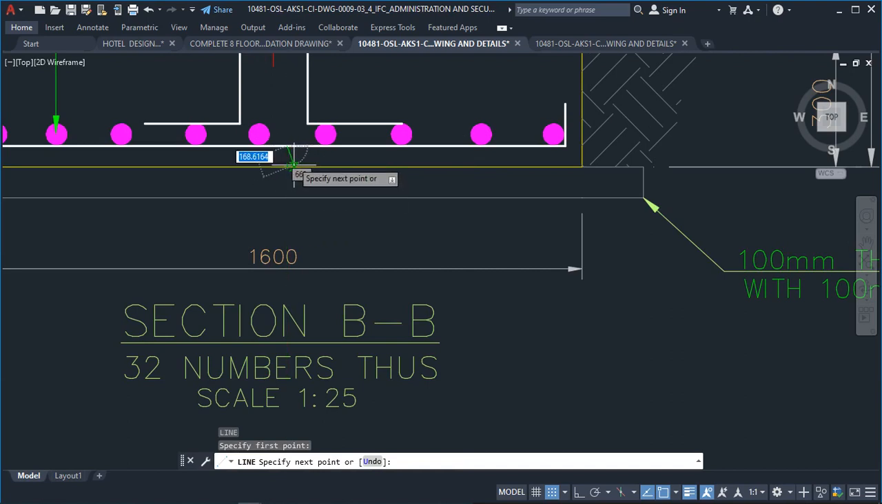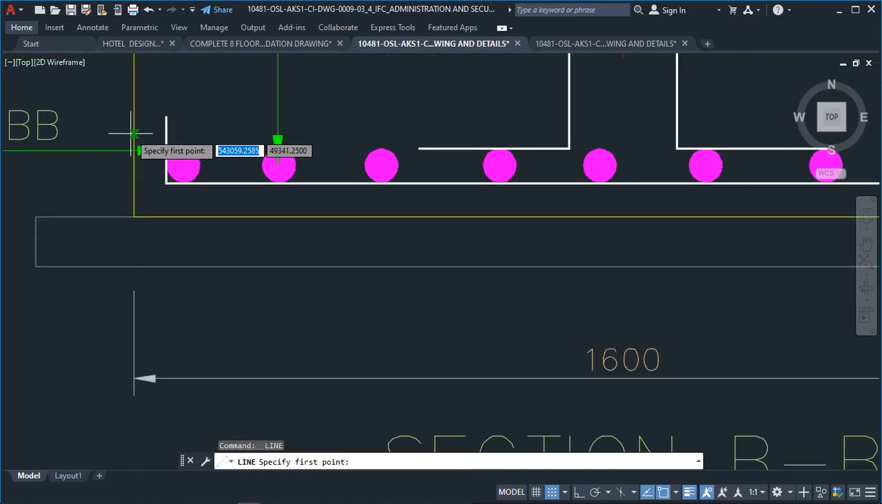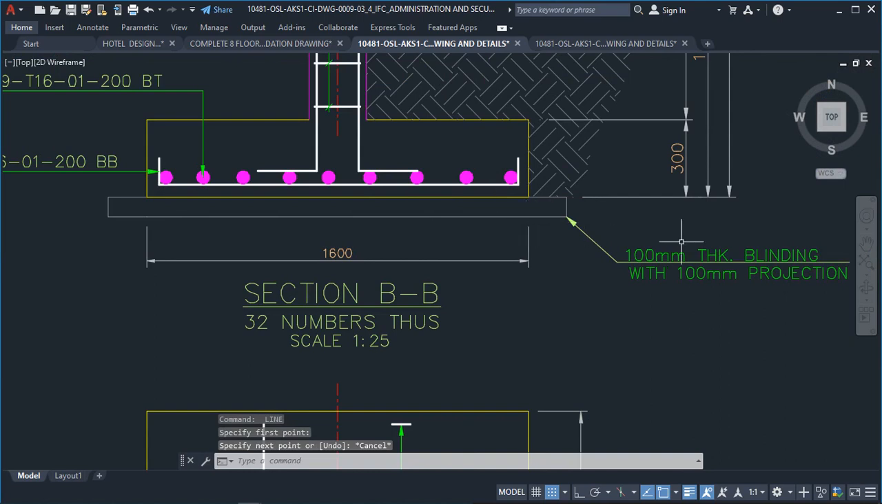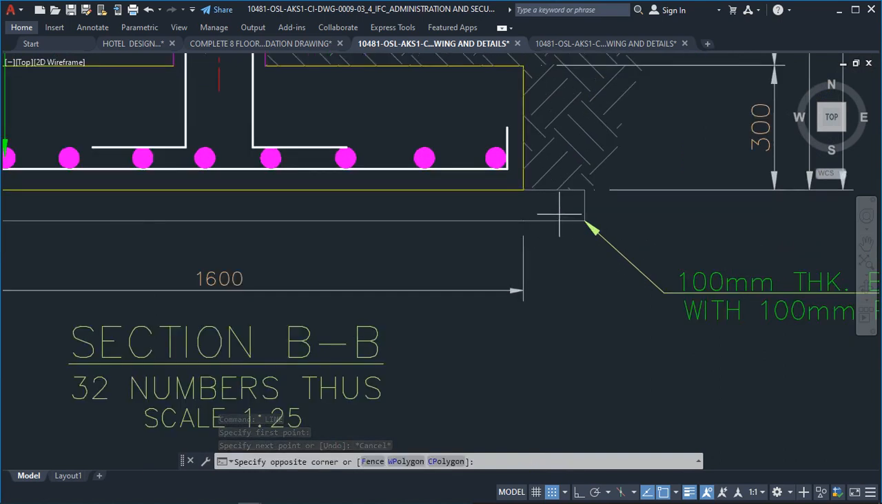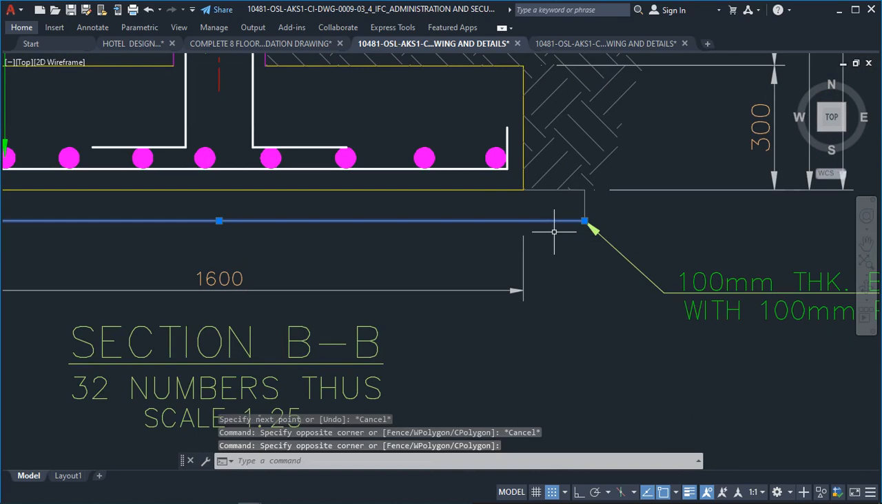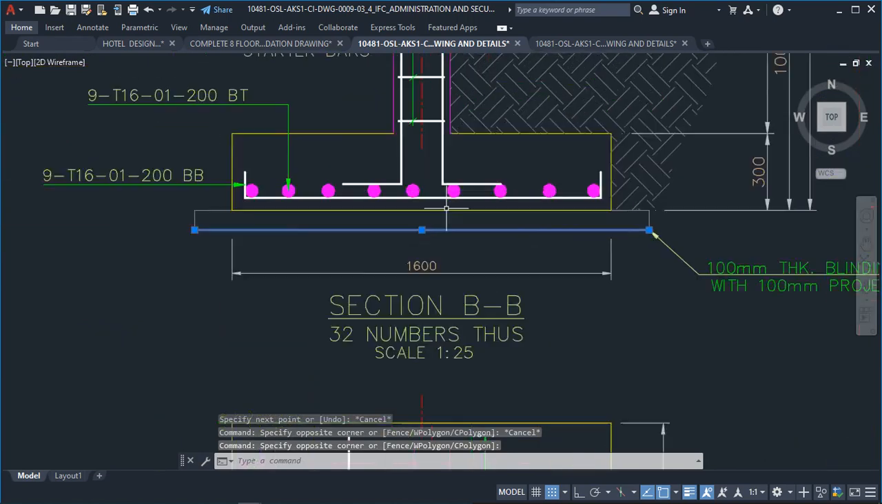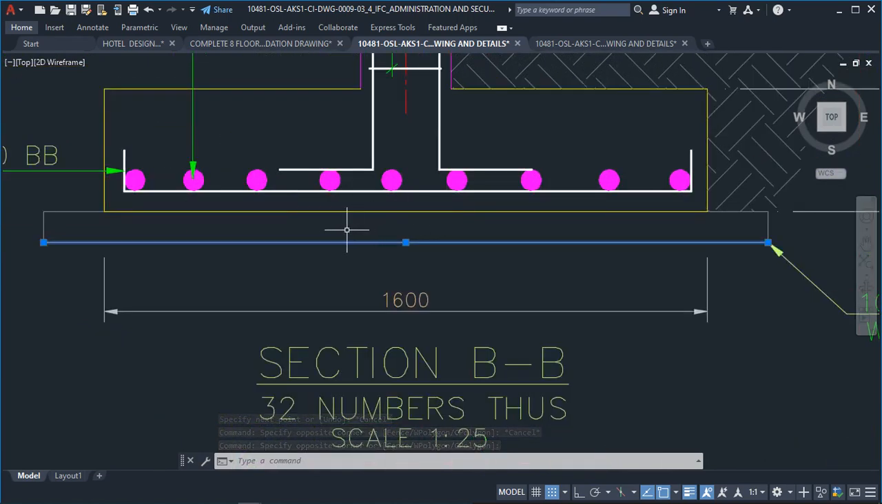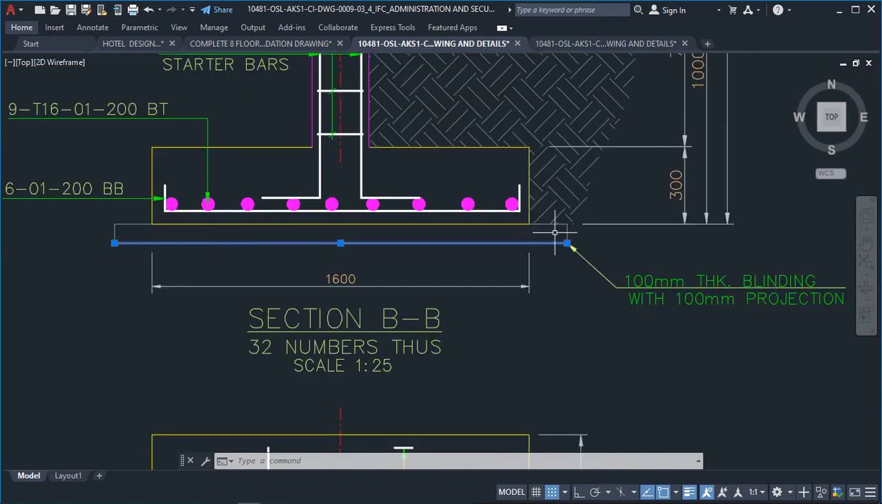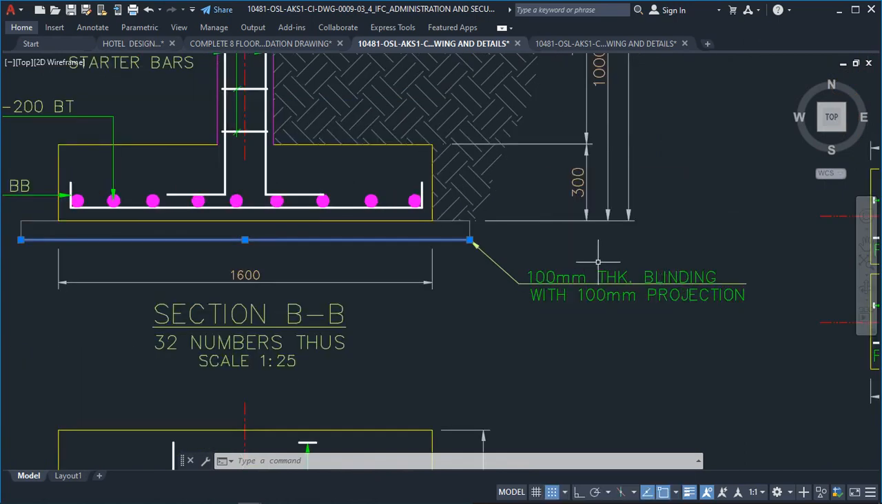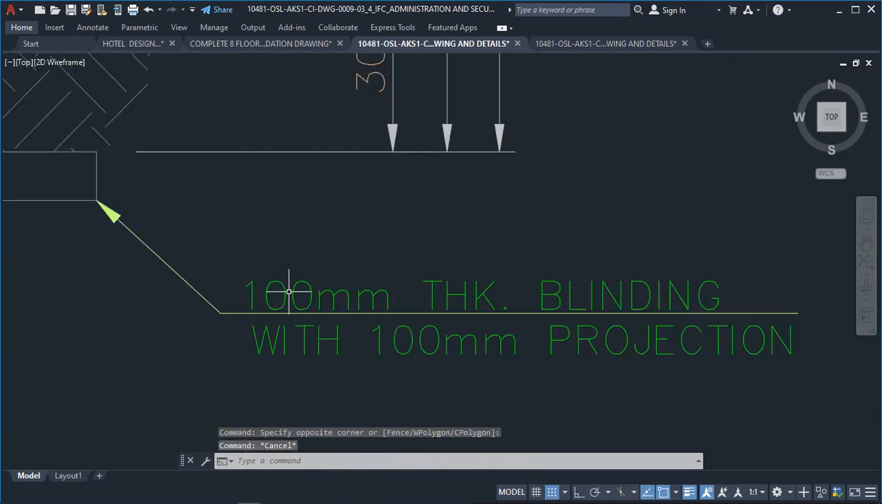So this is the concrete cover before the reinforcement, and this is also the concrete cover before the reinforcement on this side. Now, looking at this, this is your blinding, showing that before you lay your reinforcement, you must prepare the surface of your foundation where the reinforcement is going to sit. To prepare that surface, you are telling him that he must have a blinding of 100 millimeter